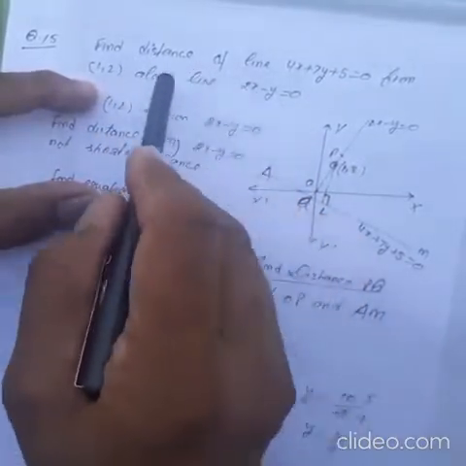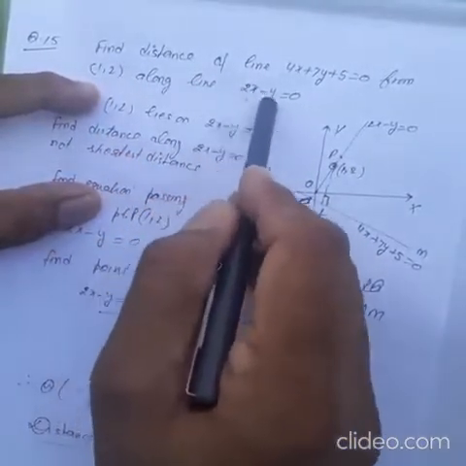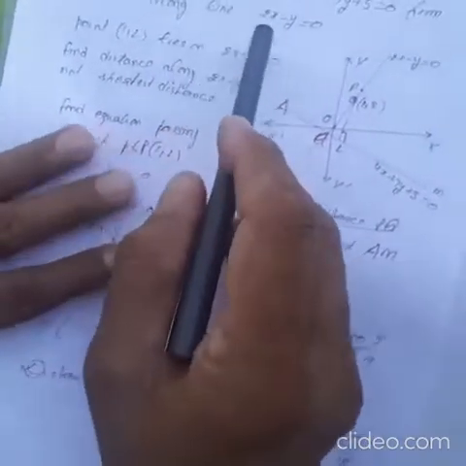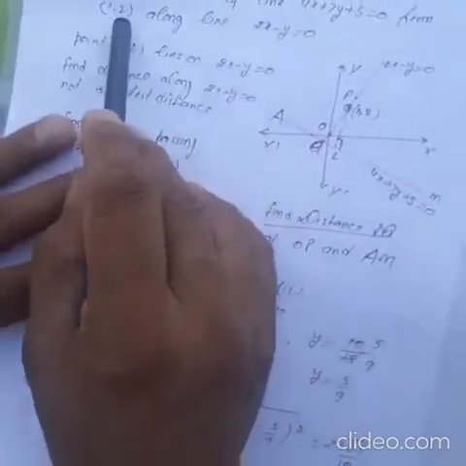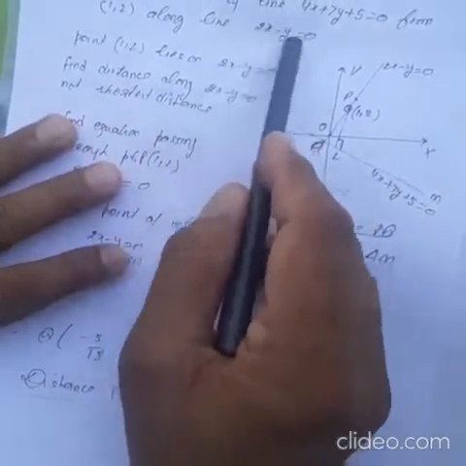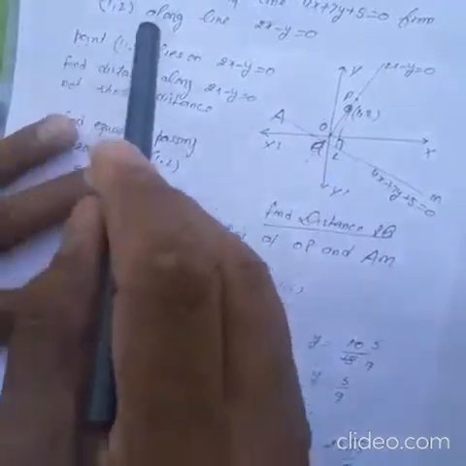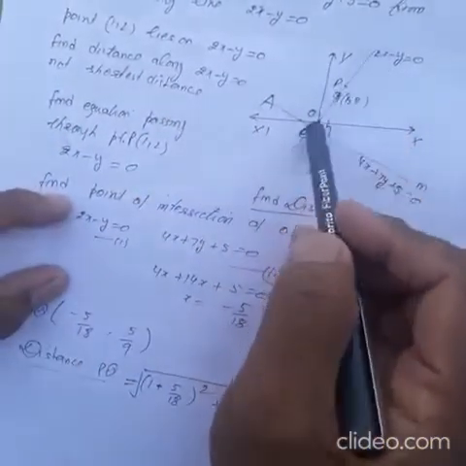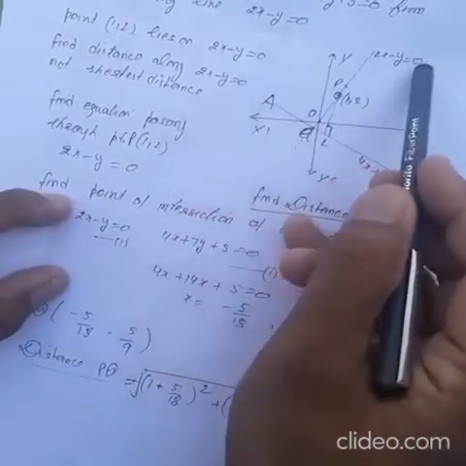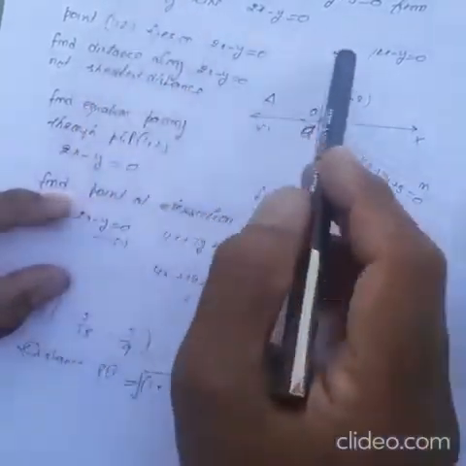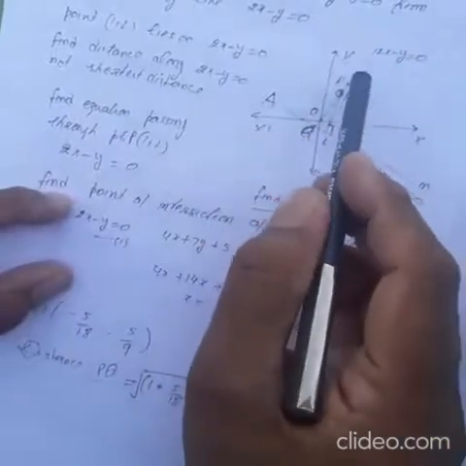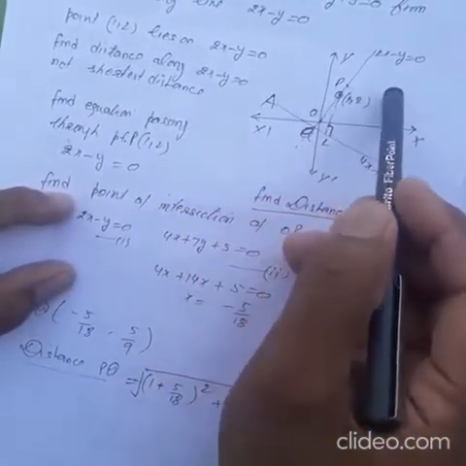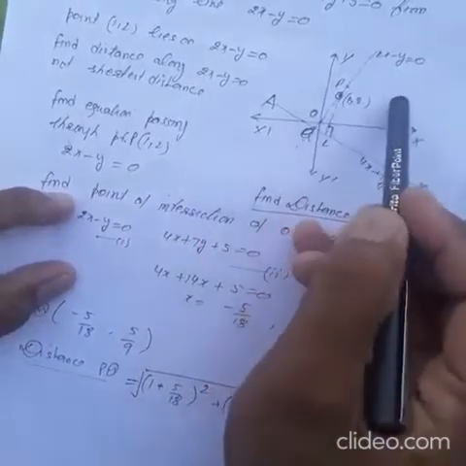So the line of distance should be parallel to the line passing through this line. So in this question, the statement is special. In this question, this point (1, 2) is lying on this line. This is the line 2x - y = 0. Point P is lying on this line. In other questions, point P may not lie on this line. It may be like this. So then the line of distance will be parallel to this given line.